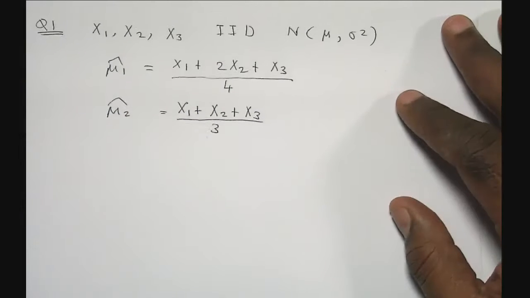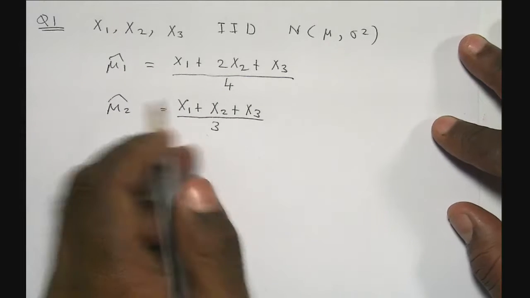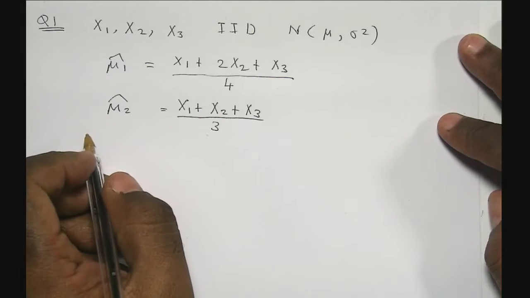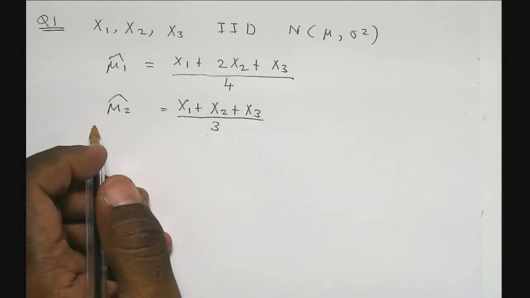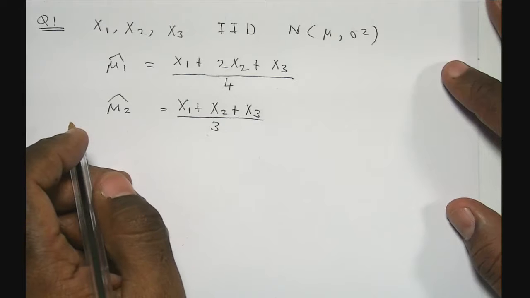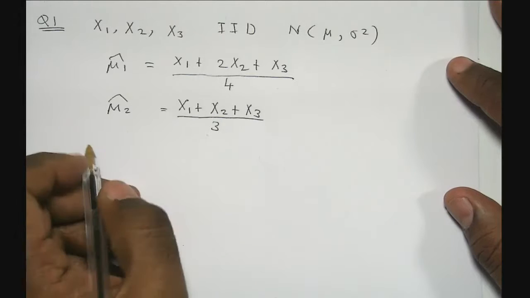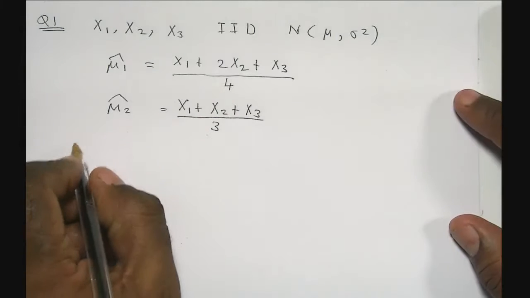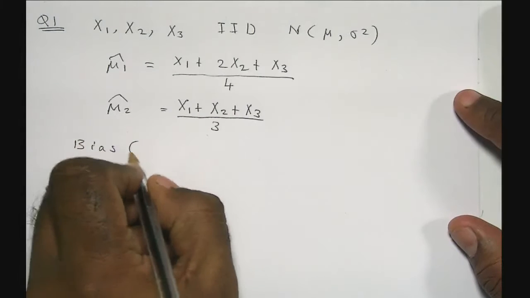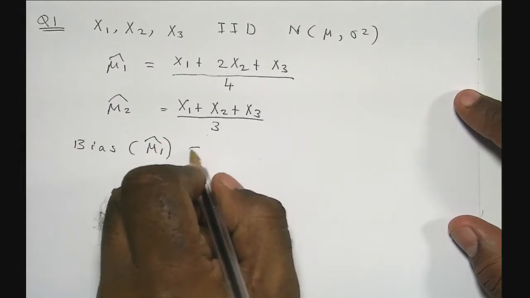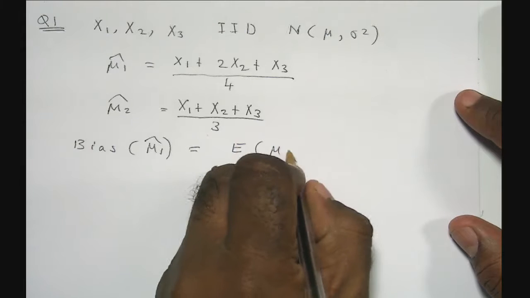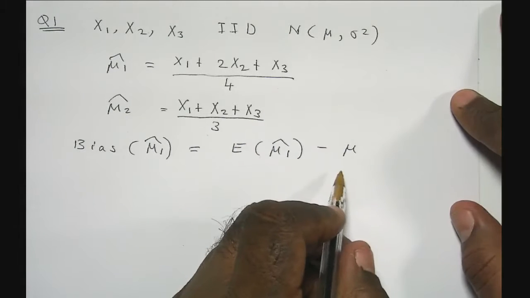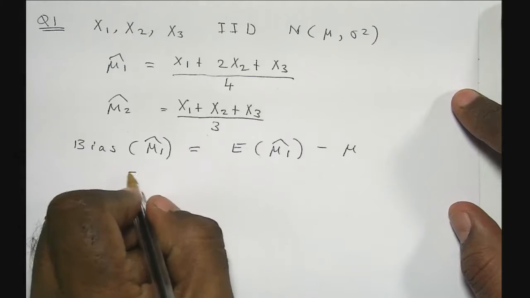All right guys, so you have 2 estimators for mu, mu1 hat and mu2 hat, right? Now the question is, which one of them is better and why? Remember, there are 2 criteria. One is bias, the other one is MSE. So I'm going to compute the bias first. Remember, the bias is the expectation minus the population parameter, which is the expectation of